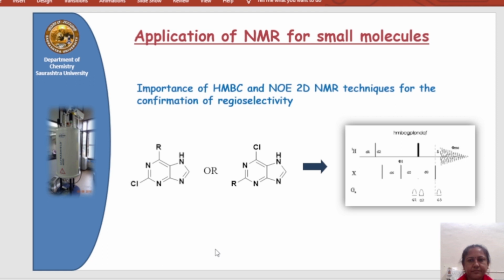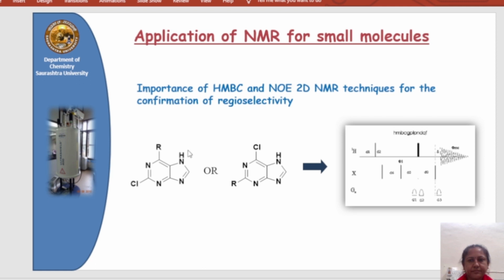Now we start the second part of this lecture, and that is the application of NMR to small molecules. Generally, we measure the chemical shift value, show the splitting pattern of the signals and the number of the signals. These are the general things we observe in NMR spectroscopy, and from that we can interpret the spectrum and evaluate the structure. But here I am not discussing the routine application of the NMR spectrum. I am discussing how NMR spectra help us with regioselectivity, stereoselectivity and desmotropy.